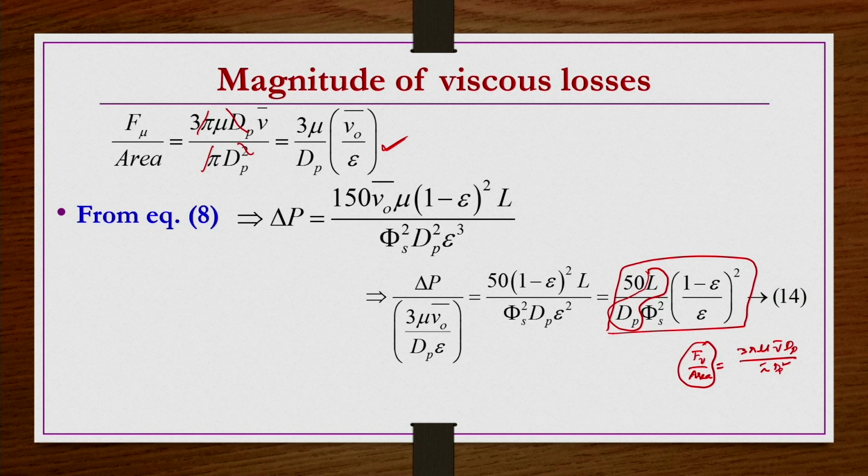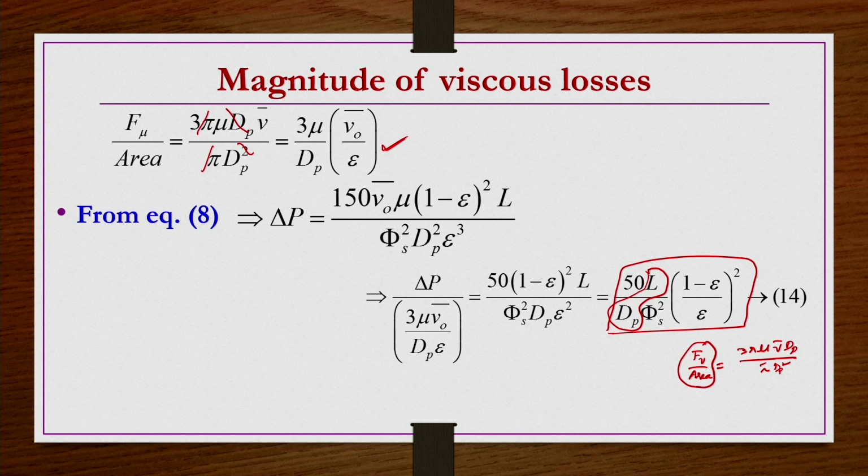Now these equations we have developed for generalized cases of particles having the same size and shape, and we brought their size and shape into the picture by including both phi s as well as the volume equivalent diameter dp. But in general you may have a variety of particles, different types of mixtures of particles: a few particles may be spherical, a few hemispherical, a few short cylinders, a few Raschig rings. Like that you may have different fractions.